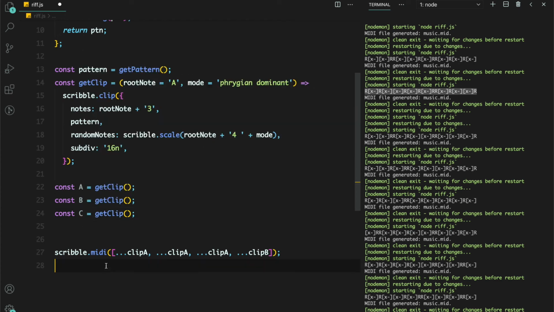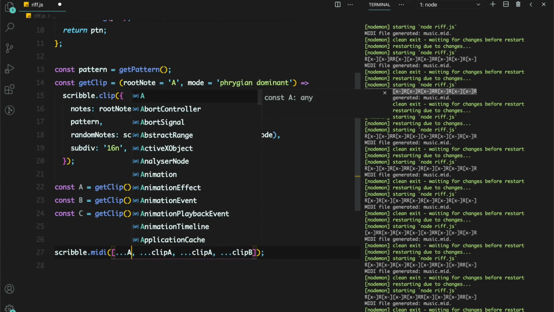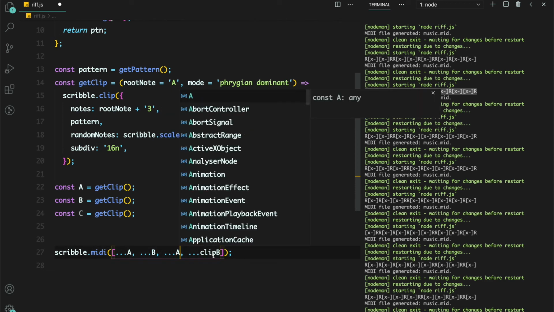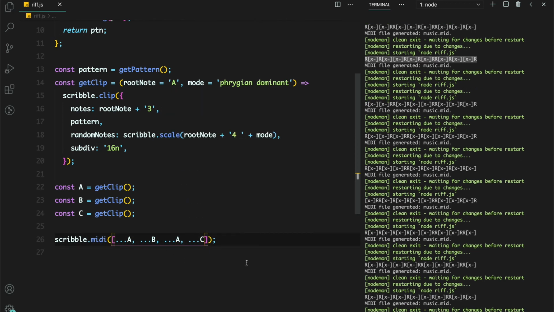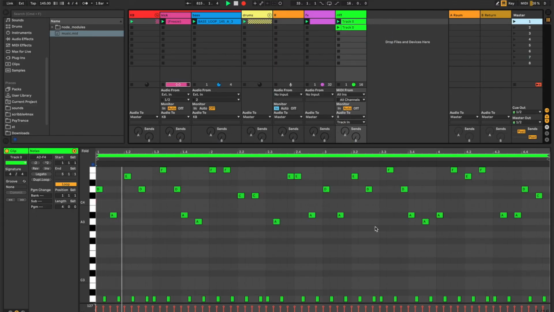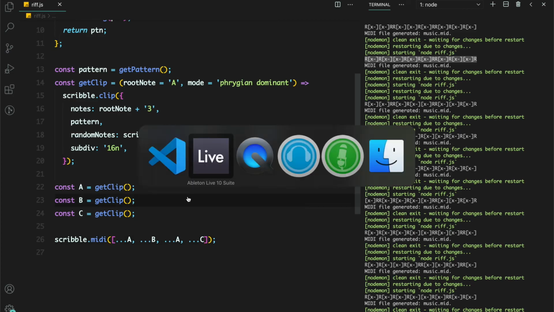Let's create a C, and we'll concatenate this like A, B, A, and C. Okay, and let's see how that sounds. And you can keep on generating that.